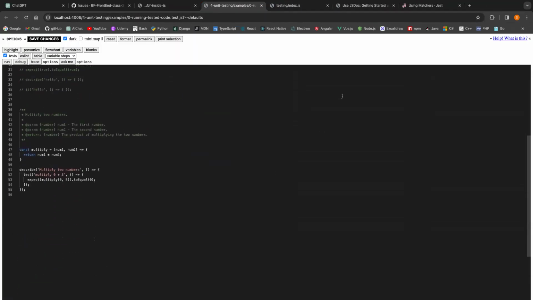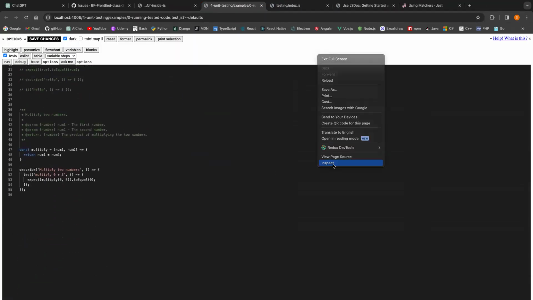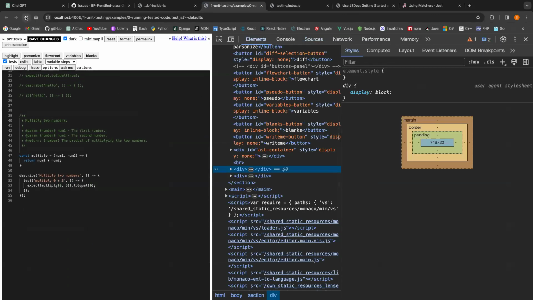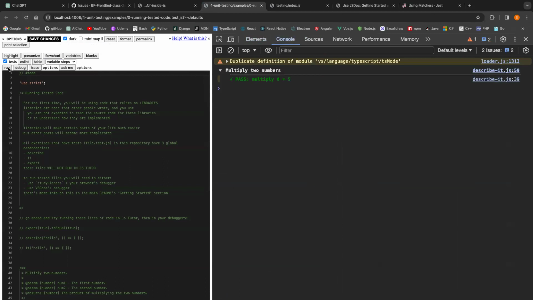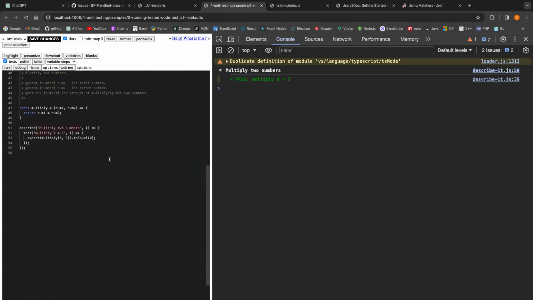That's my function here. So let me open my dev tools. Refresh. I should have something. Voila. And as you can see here, it's telling me. So this guy here, multiply two number, this message is coming from describe. So describe, as you can see now, contains my first test, which will tell me pass or